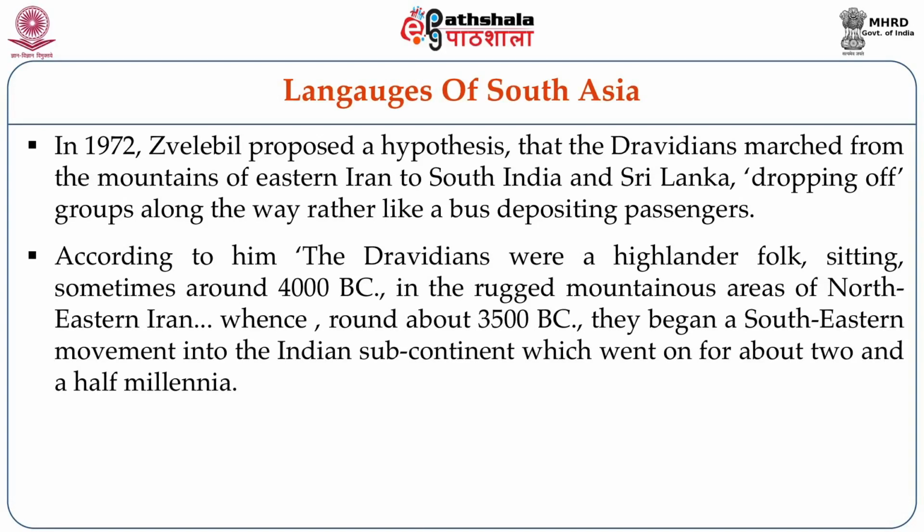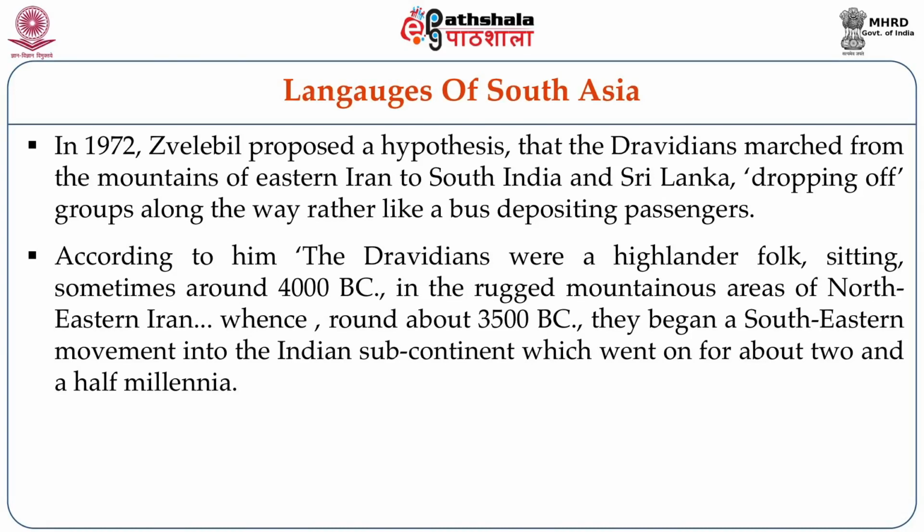According to him, the Dravidians were a highlander folk sitting sometime around 4000 BC in the rugged mountainous areas of northeastern Iran, whence around 3500 BC they began a southeastern movement into the Indian subcontinent, which went on for